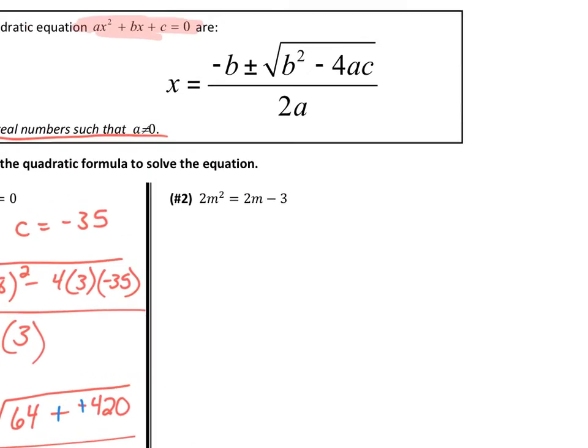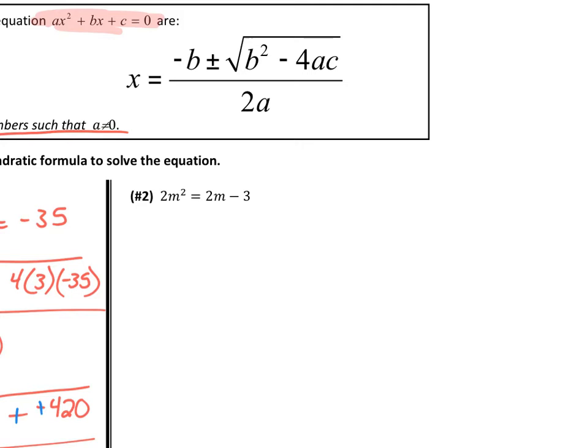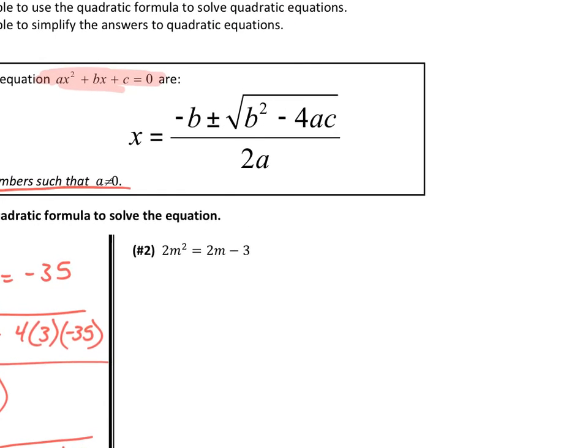In problem number 2, the issue with this one is that it doesn't equal 0. You see how we have 2m squared on one side and we have 2m minus 3 on the other? So we have to make it equal 0. So we have to cancel out the 2m by subtracting it. We're going to cancel out the plus 3 by adding it. So the 2m's cancel and the 3's cancel. So we have